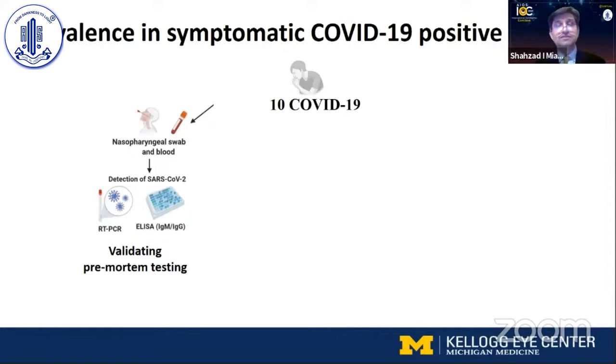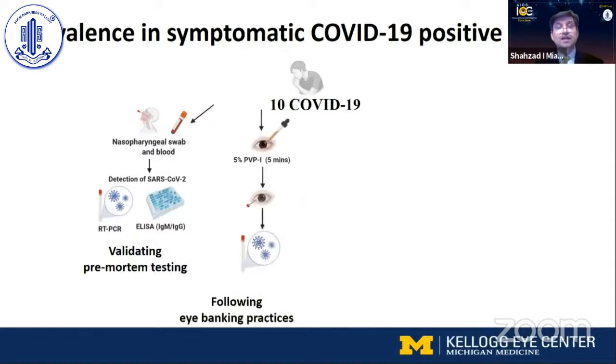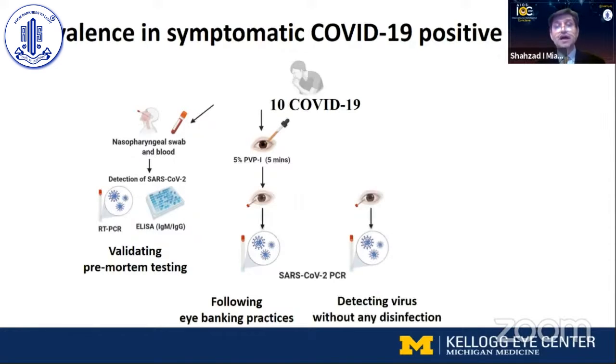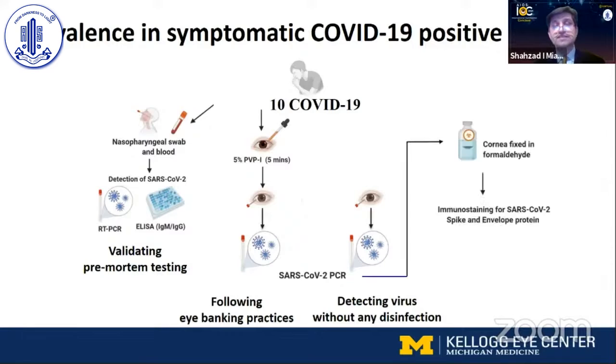look at IgG levels. These corneas were prepared following iBank practices, where the standard practice was use of povidone iodine initially, followed by PCR swab for collection of specimen. And we had a control group for the other eye where we did this without the use of the povidone iodine to see what the benefit of povidone iodine was in these cases. Of course, then we also wanted to confirm looking at spike and envelope protein with immunostaining in a sample of